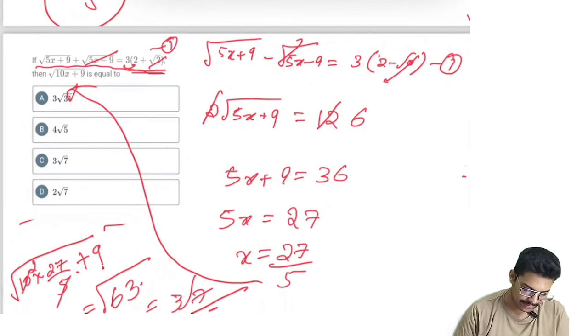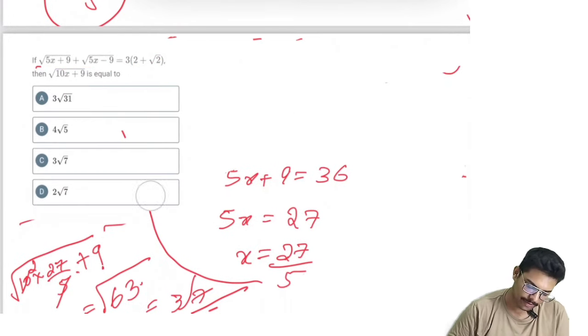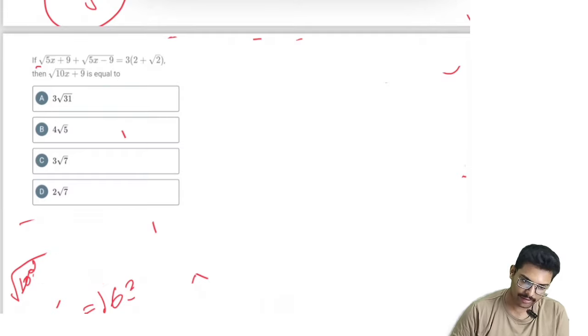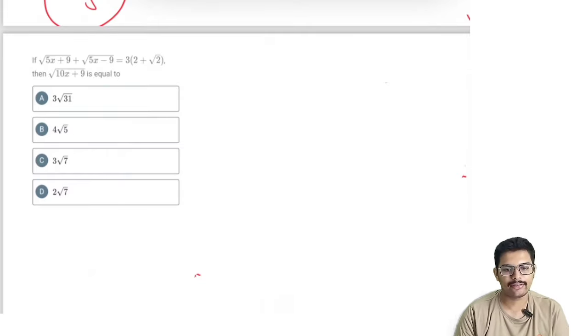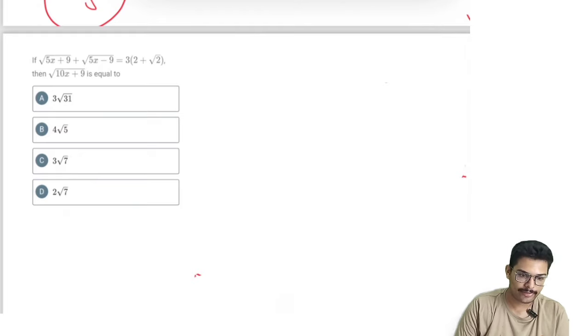And this conjugate method, you can do it directly. When you get more and more used to doing this, automatically your speed will increase and you can do it directly. It will roughly take around 20 to 30 seconds maximum. You can solve this